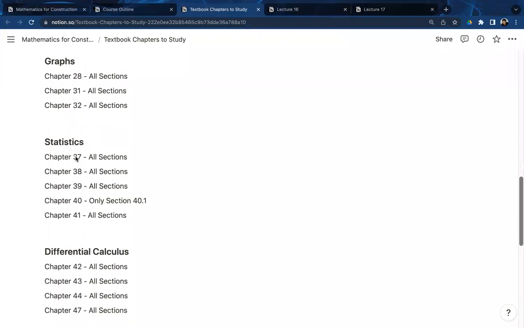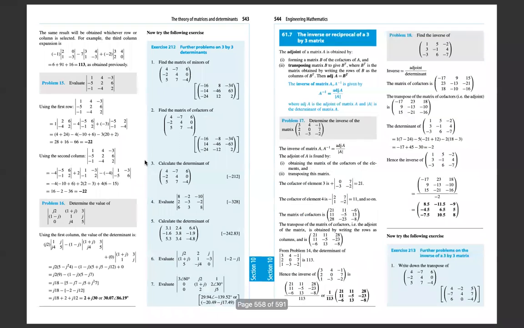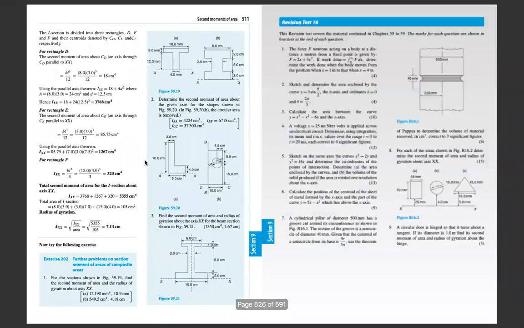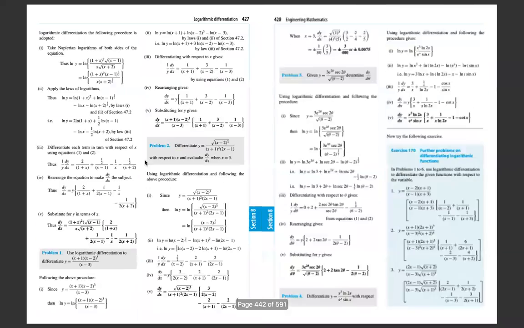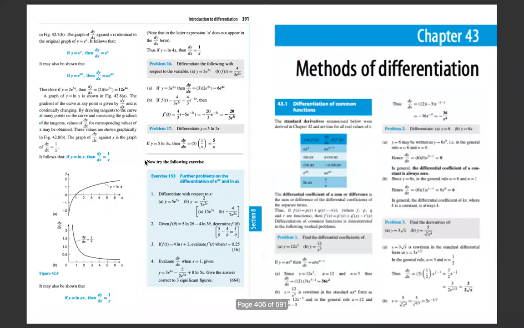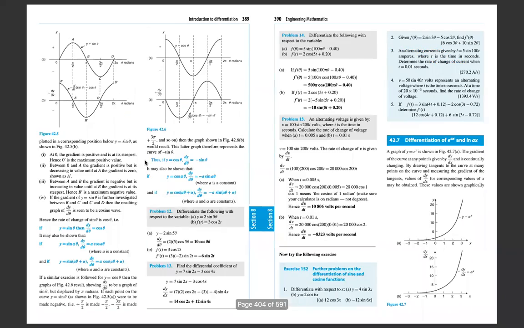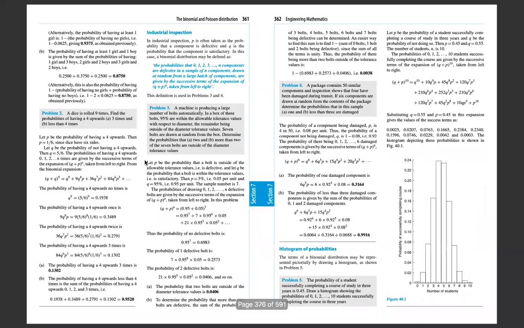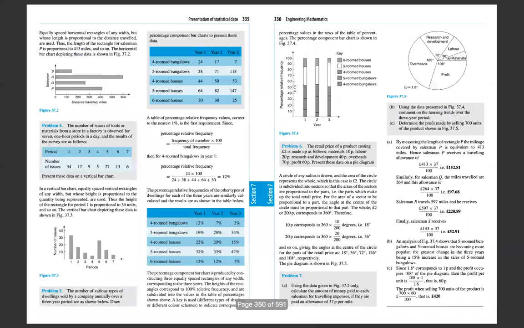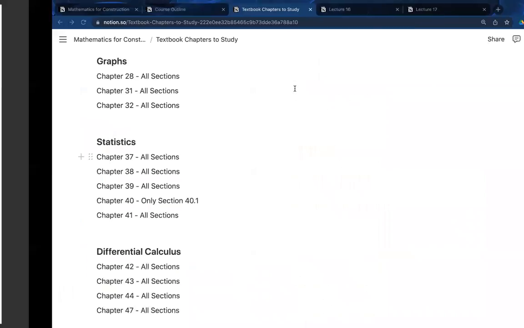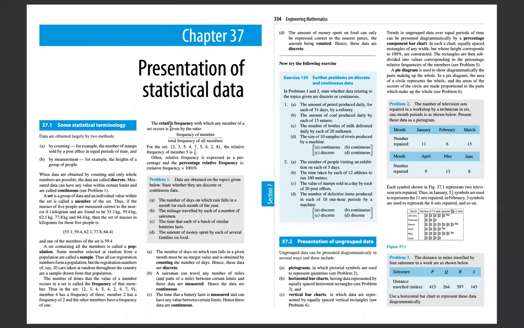So we have some statistic here, 37, 38, 39, 40. So let's check that out. So almost there. So we start off with 37